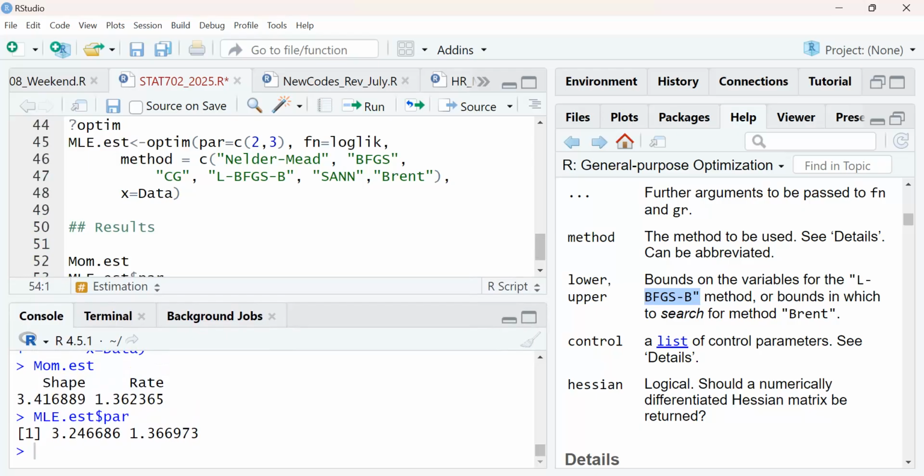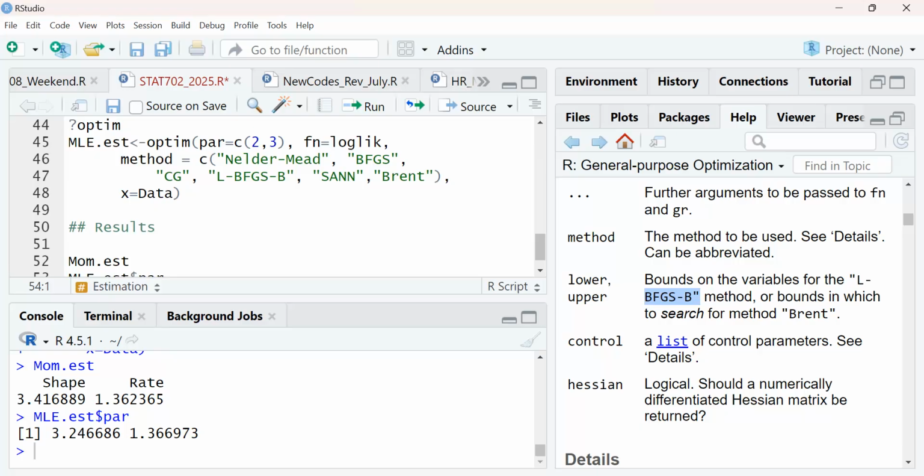Remember, we are interested in 5 and 2. What did we get? 3.41 and 3.26. So which one is better? Which one is better? 3.2. Are you sure? We want 5. So which one is better? Of course, the moment. 3.41 is closer to 5 than 3.24. Is that okay? Yes. So the moment is performing better.